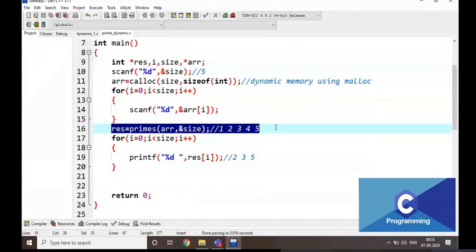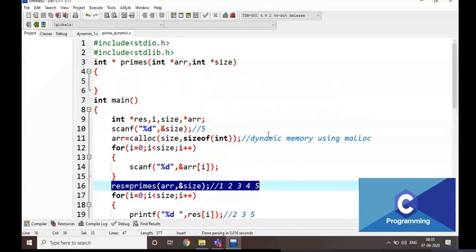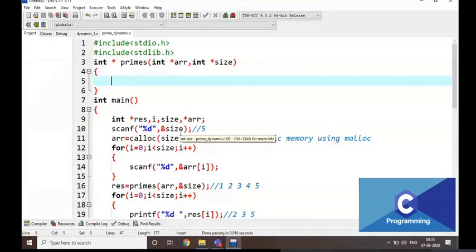Based on this function call, I am writing like this. Now I am going to take int i for iterations, and for j I am going to take 0. I will show you why I am taking it. And one more thing, I am going to take res.